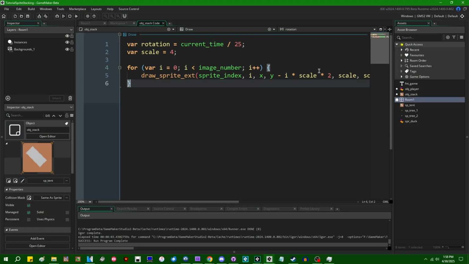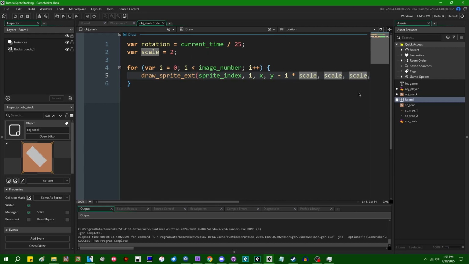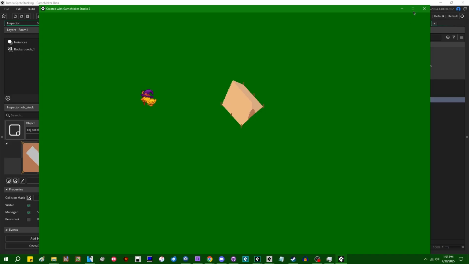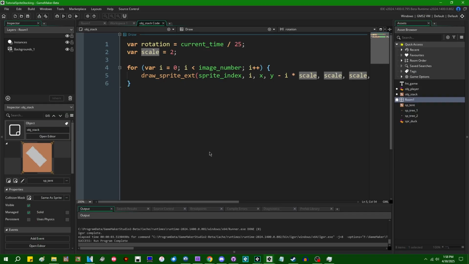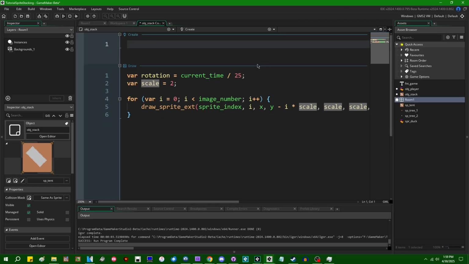So there's one more thing that I'd like to talk about before I get into everybody's favorite subject of performance, and I'm going to set the scale back to 2 so that we can fit a few more objects on screen without going insane. And I'm also just going to get rid of the extra vertical offset stepping so that we don't have that Venetian blind effect. So if I run this now, I don't know why I ran this now because there's only like one object in the room. Let me go and add a create event to the obj_stack,